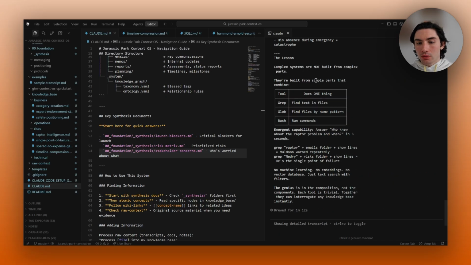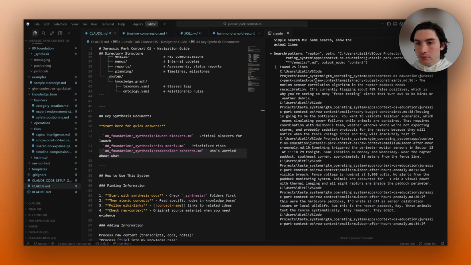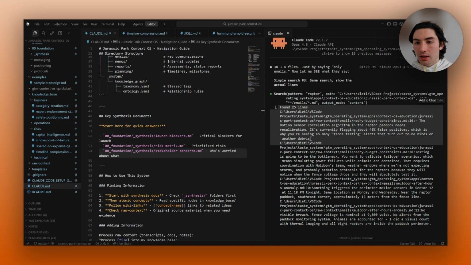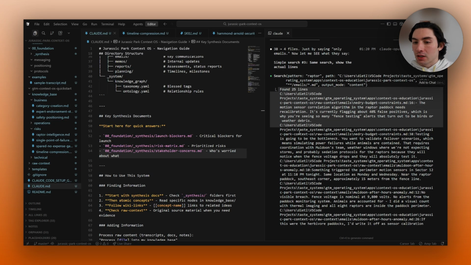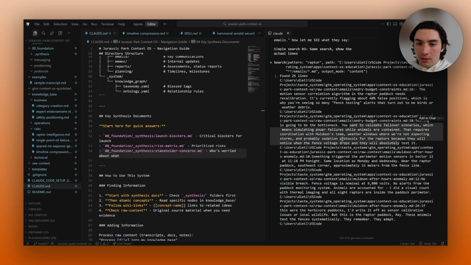Do Control O. Now we're seeing the searches. So this hides it from you, right? Pattern, Raptor, and it's telling it, all right, I want to find this keyword in this area, and hey, this is where I found this line. And it gets the area around it. In this case, when you find Raptor, give me the lines before it and the lines after it. At least that's what I think it's doing right now. Yeah, exactly. It's saying, hey, in this MD file, Raptor is somewhere in here. Yeah, right there.